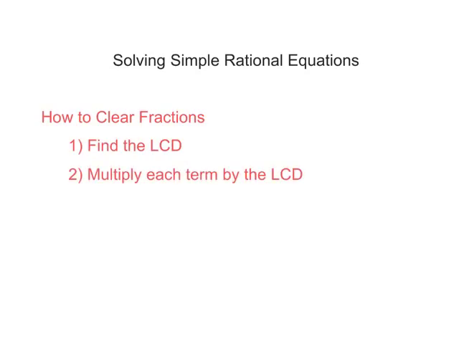The second step is to multiply every term in the equation by the least common denominator. What this is going to do for you is allow you to cancel or divide out every denominator that you have within the equation, effectively clearing all of your fractions. And once you've cleared the fractions, you can go ahead and solve the equation that's left. For the equations in this particular section, you're going to wind up with a simple linear equation where all you'll have to do is isolate the x. Let's look at an example.